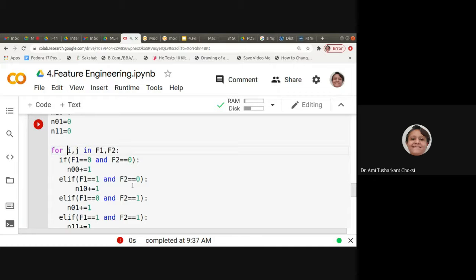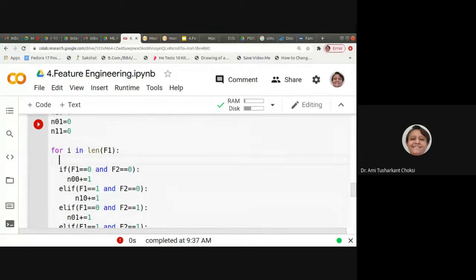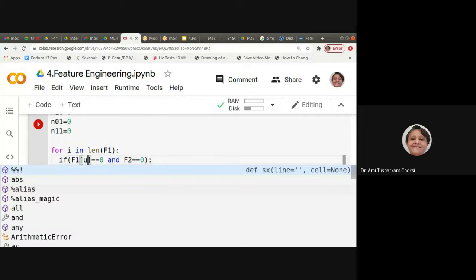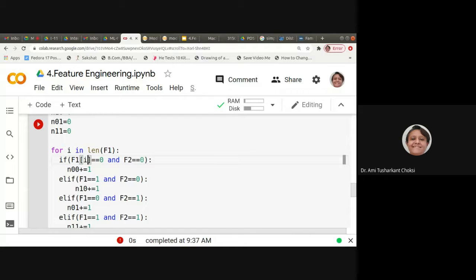No issue. We can take it as for I in len of F1 because both the features will be having the same length. Then we can say this f1 of I is equal to 0, and here also f2 of I. Let us try for at least this.